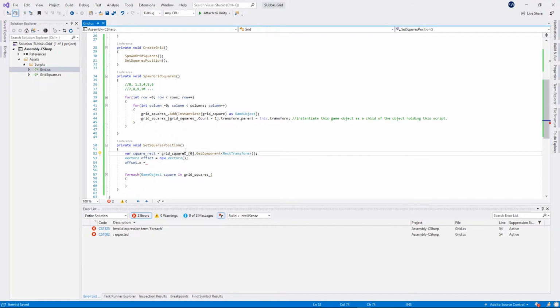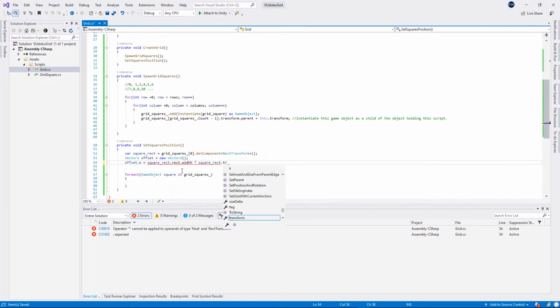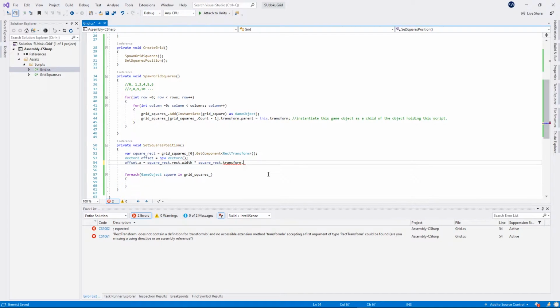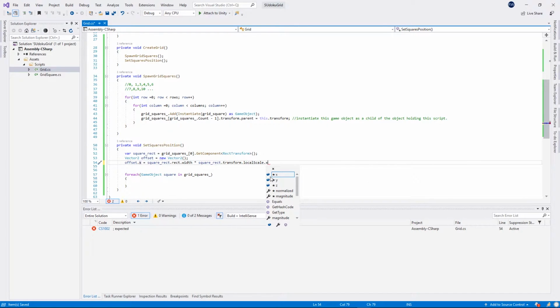Okay, and then our offset x will be square rectangle dot rect dot width times square rectangle dot transform. So this is going to be the size of our sprite, and then we want to scale it based on the local scale. So local scale dot x,